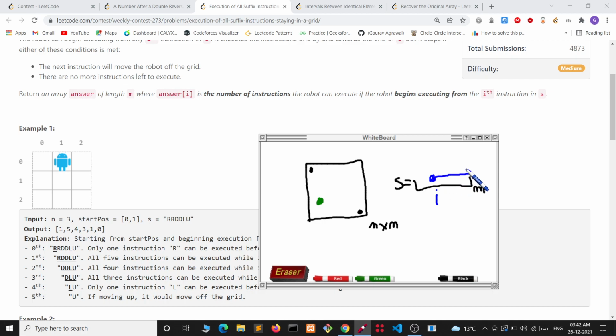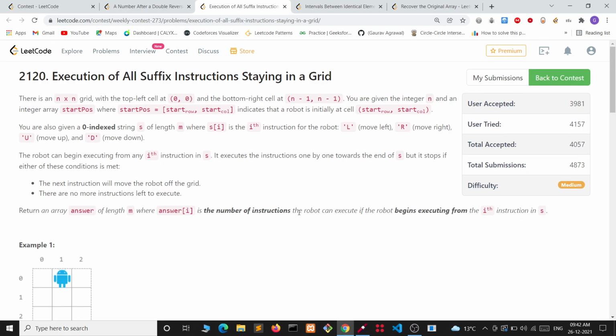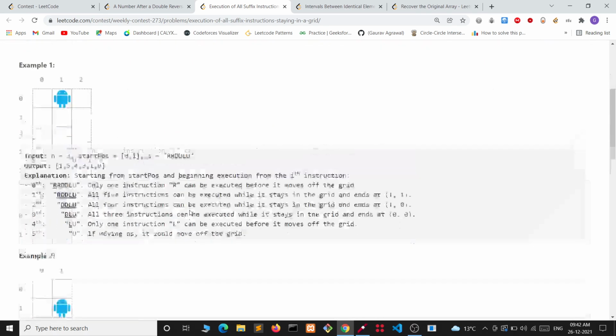Then we will move till here, and suppose we are moving like this. If it goes out of the grid, then we will stop the execution. So we have to tell how many instructions we can execute if we start from the ith instruction. We have to tell for every ith instruction.